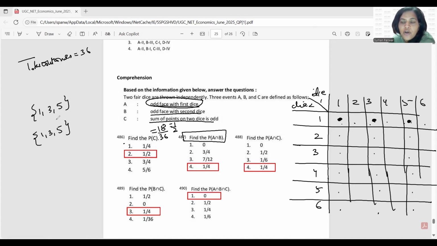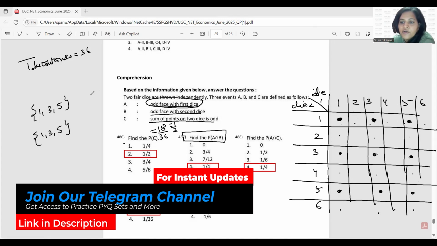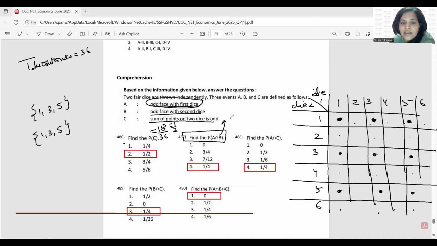So I'll be having exactly 1 by 4 of the cases from the table: 1,1, 1,3, 1,5, then 3,1, 3,3, 3,5, and then 5,1, 5,3, 5,5. So the outcomes are 9 and total outcomes are 36. So that is going to be 1 by 4.